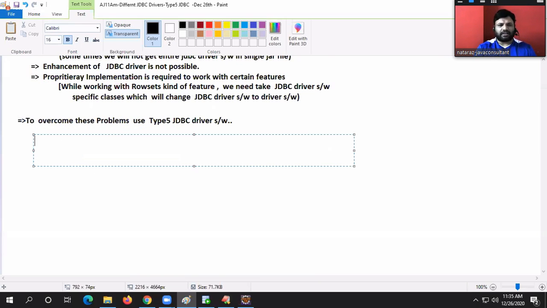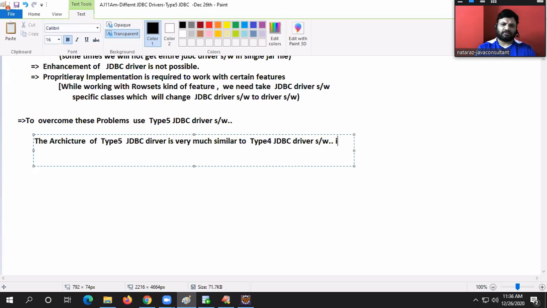Okay, guys. Architecture of type 5 JDBC driver is very much similar to type 4 JDBC driver software.